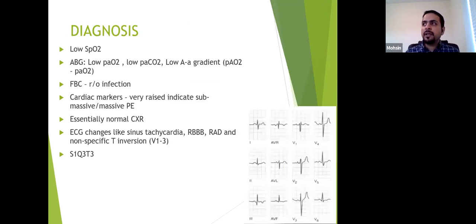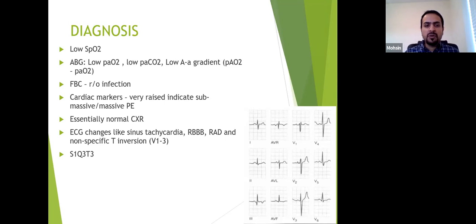Diagnosis wise, this is the tricky part, because when we come to PE, it's very easy to think that every patient might have PE. But when should we think about investigating them further? Does every patient need to be worked up? That is the tricky bit that we need to think about. So when you do the initial workup, their oxygen saturations might be low. If you do an arterial blood gas, you might have a low PaO2. Because of their tachypnea, they're breathing so fast, they're washing out all their carbon dioxide, so they might have a decreased PaCO2 as well, and their AA gradient will be low as well.